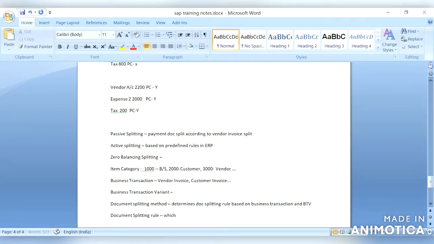Which item categories it will split, and from which account categories it will derive the account assignment.